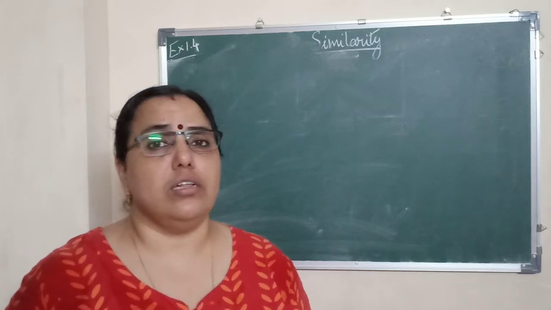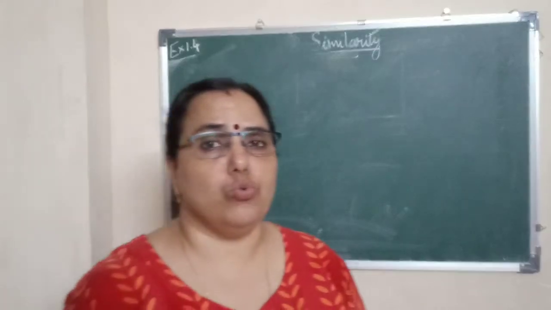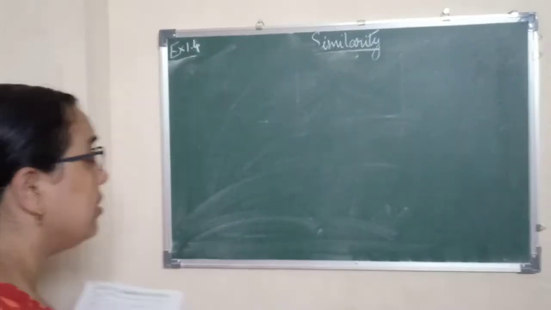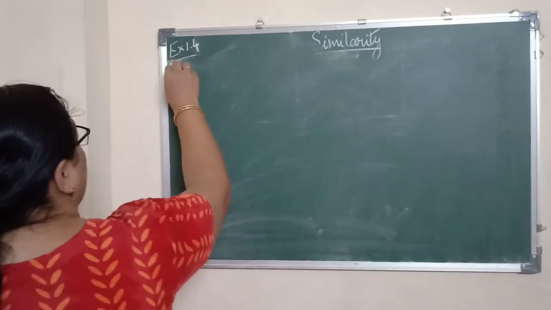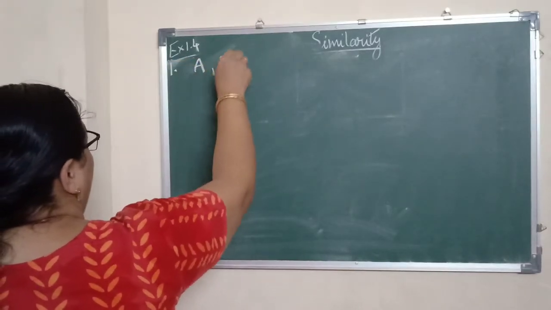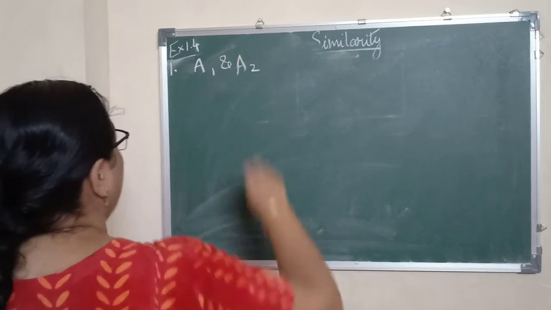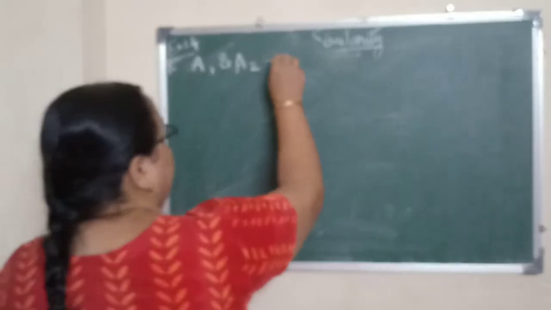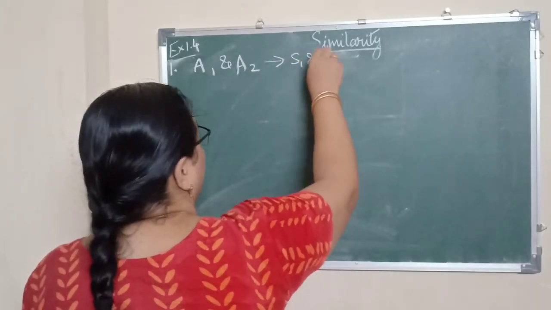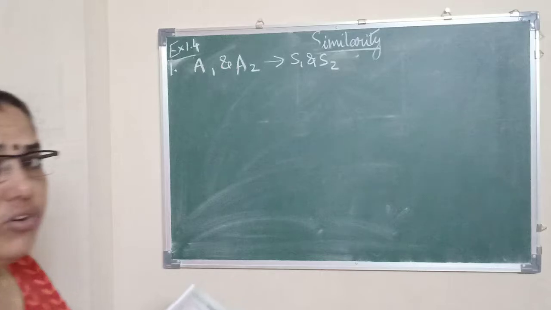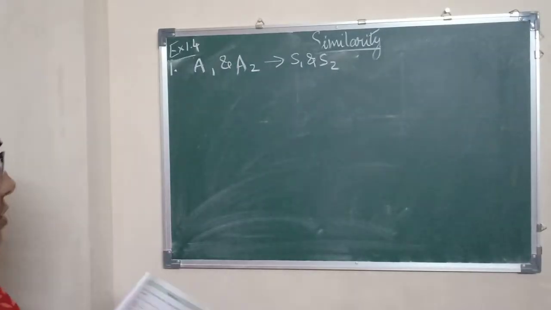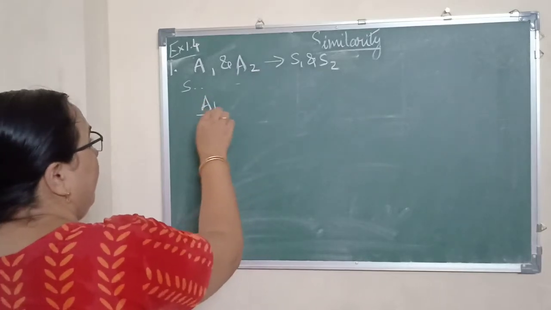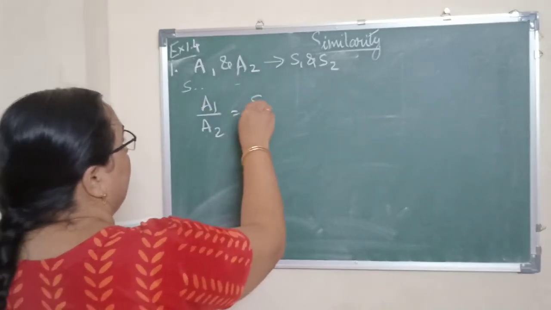Remember we had started the first exercise by taking A1, A2, S1, S2. So like that we will start the sum here. Let A1 and A2 be the areas of two similar triangles with sides S1 and S2. Okay, what is given? The triangles are similar. Since the triangles are similar,